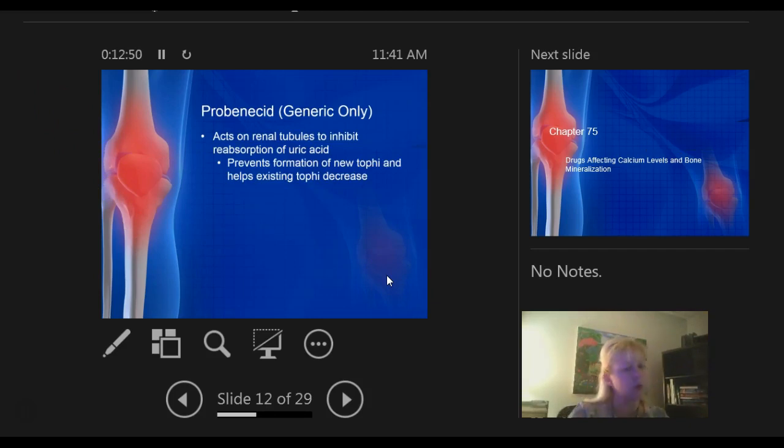But what I want to go over here with the gout, I just want you to know, let's just say someone comes in and has a swollen ankle and they have a history of gout. How are you going to treat that patient? First line, you want to put them on an NSAID, or if that is not good for them, if they have a contraindication, or it's probably not the best because they've had, say, a GI bleed in the past, you may want to choose some prednisone, a quick taper.